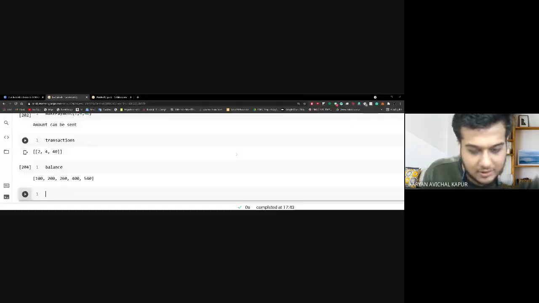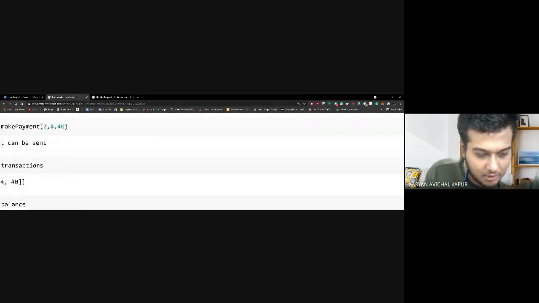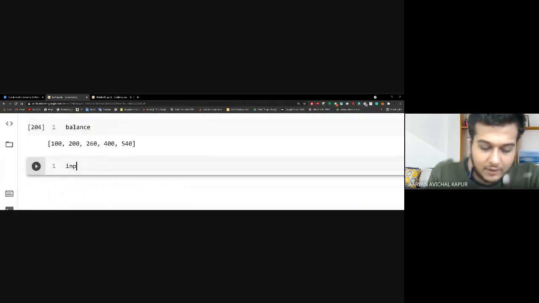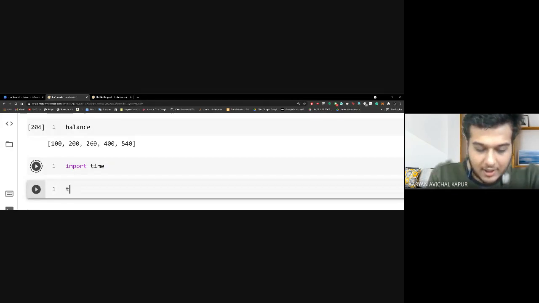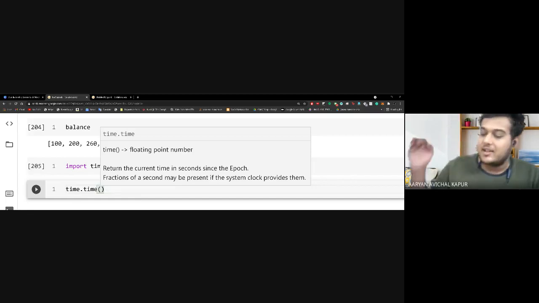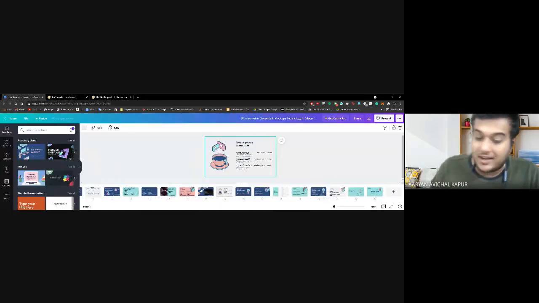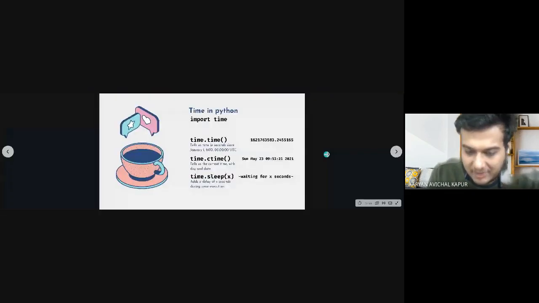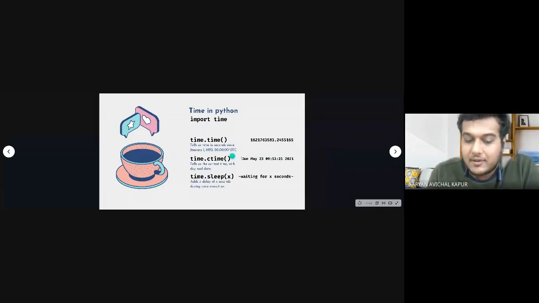Right, so let us do that. Let's say we want to work with time. To use time, all we have to do is simply write import time, right? And then to print time, once we do time.time, it gives us the time in seconds that have elapsed from January 1, 1970 UTC, I believe. Yeah, January 1, 1970 UTC midnight, we start, and this is the number of seconds that have occurred.